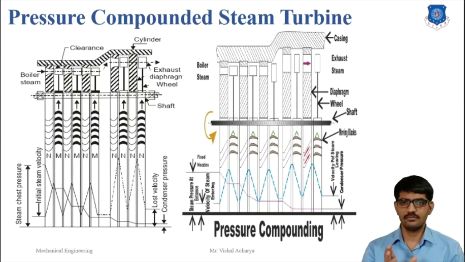The exhaust from each row of the moving blade enters the succeeding set of nozzles. Thus, we can say that this arrangement is nothing but the splitting of the whole pressure drop from the steam chest pressure to the condenser pressure into a series of smaller pressure drops across the several stages of the impulse turbine, and hence this turbine is called the pressure compound impulse turbine. This pressure and velocity variation is